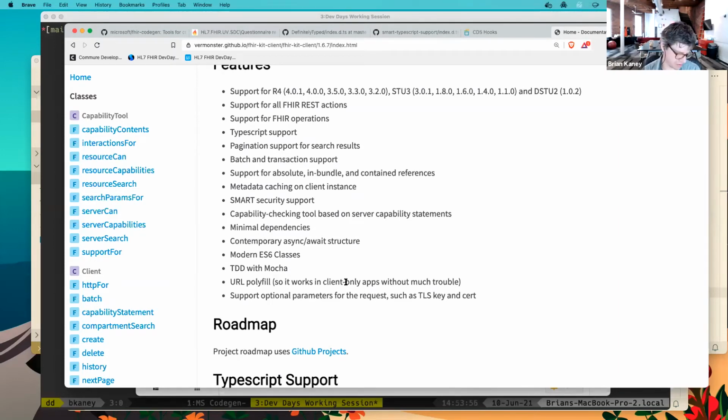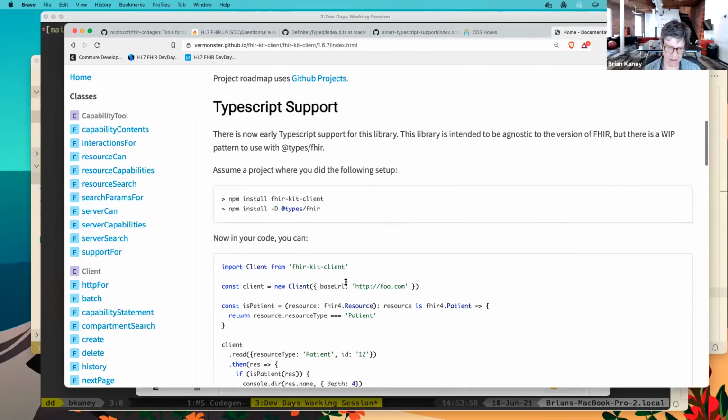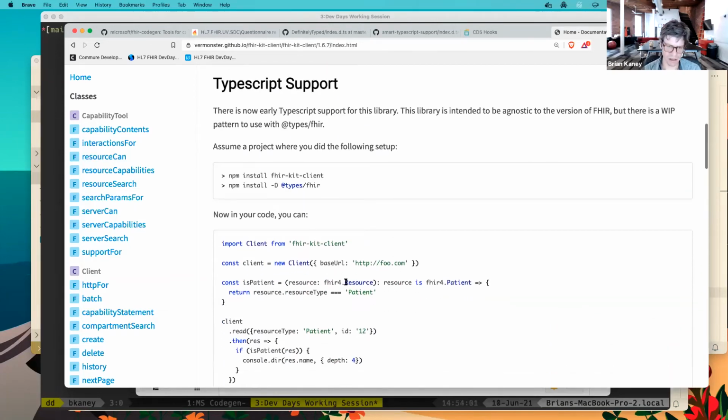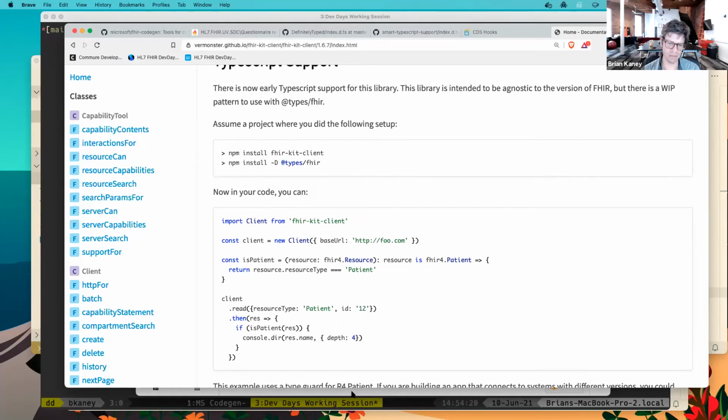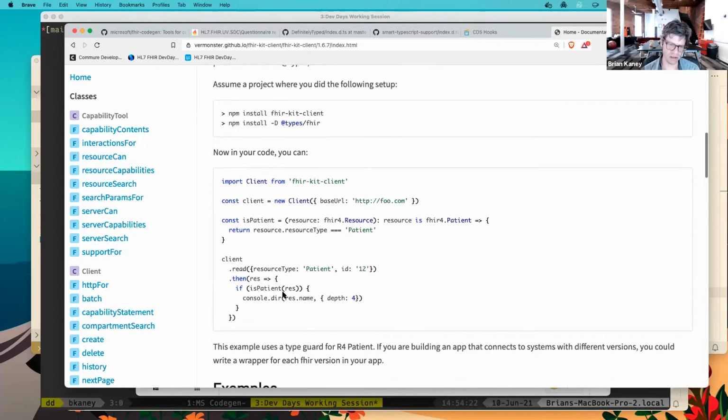In fact, you would have to do your own OAuth thing, but it does let you do things in kind of, we developed this way back when there wasn't really a production alternative, and now you have a bunch of options, which is great for the community. But we did add TypeScript support to this. The client itself is agnostic to the version of FHIR, but I wanted to show here how you can, in fact, I'll just go through the code here since I only have a few minutes left, but the example 3 in the repo that I'll show you at the end of the slide deck